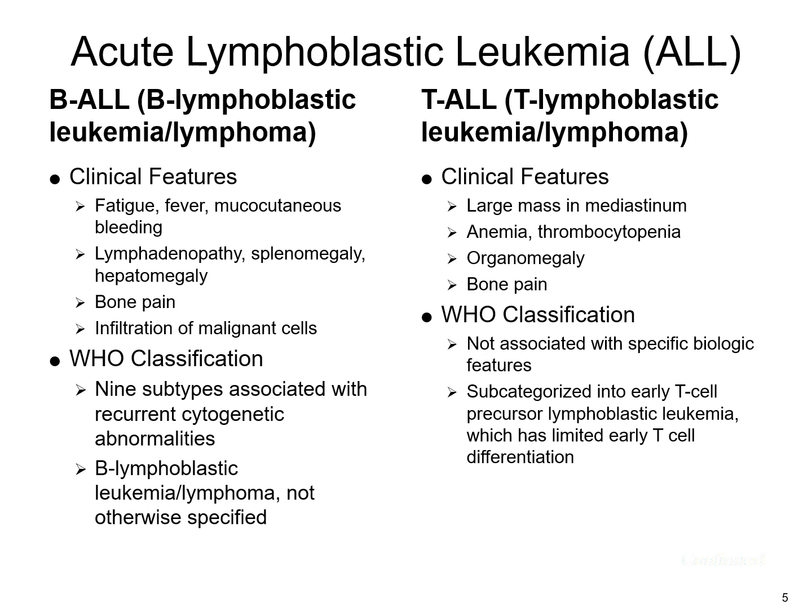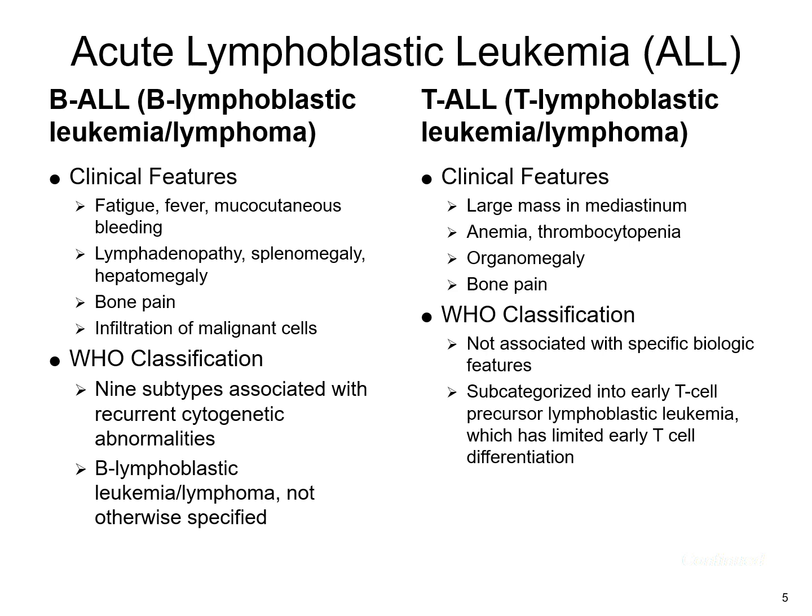And so you can also see these presentations that are going to be very similar with your T-cell lineage. Within that lineage, the patient can present with symptoms that are very similar, including the anemia, the thrombocytopenia, the enlarged organs, the bone pain, as well as some CSF involvement if there's any sort of infiltration that goes on as well. Now within your B-cell lineage, WHO does subclass them into 9 other additional categories, and then there's also a category where something may not fit into one of the other 9 categories, so it's otherwise not specified. And then within your T-cell lineage,